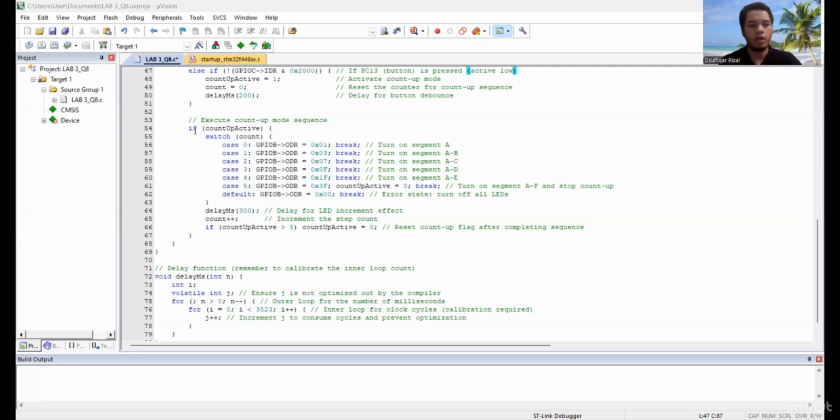So after the push button is pressed, it will execute the count up mode sequence, and it will start by checking if count up active equals 1. We are using a switch case. So switch count, you start from 0, and there are cases 0 until 5. Case 0 is used to turn on LED segment A. For this switch case we are using GPIO-B ODR for the output. So from case 0 until case 5,